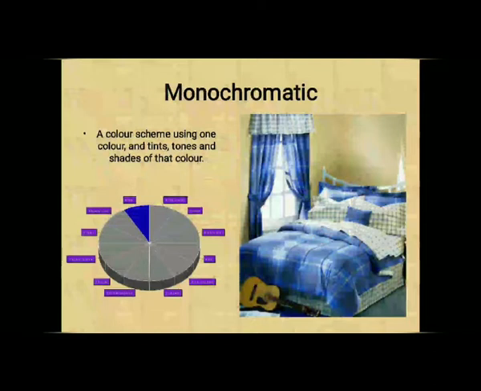We had around 12 colors in the color wheel. You can choose any one particular color and value of it, intense scale of it, shades, tint and other things, is called monochromatic color scheme. Only one color with different values, different intensity, different shades, different tints is called monochromatic color scheme. So if you observe, the picture shows monochromatic color scheme.